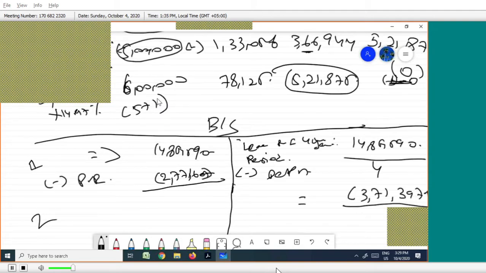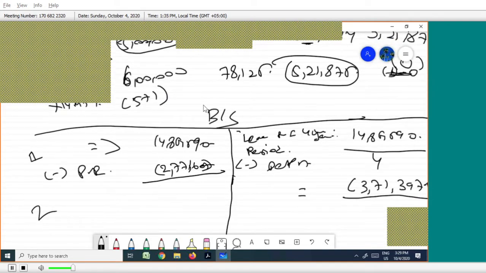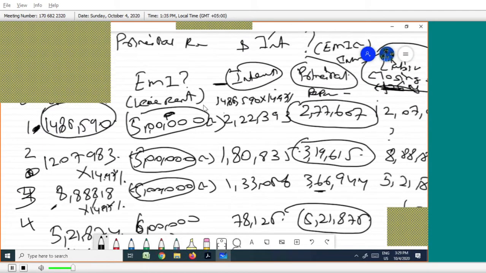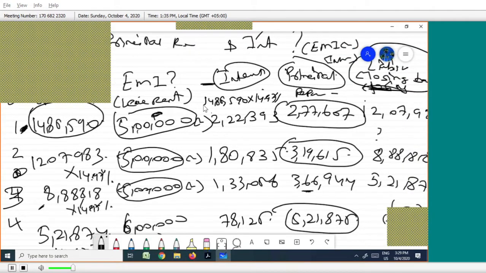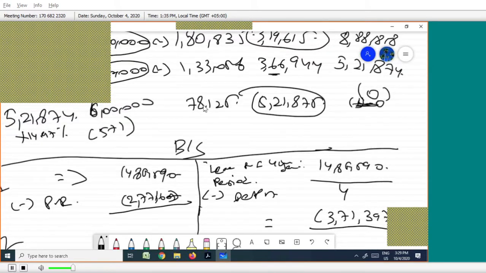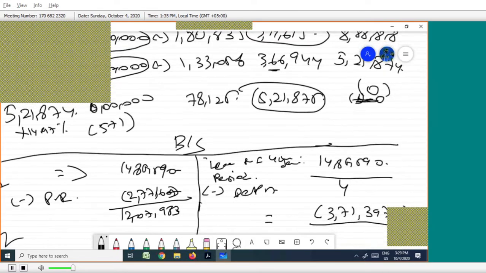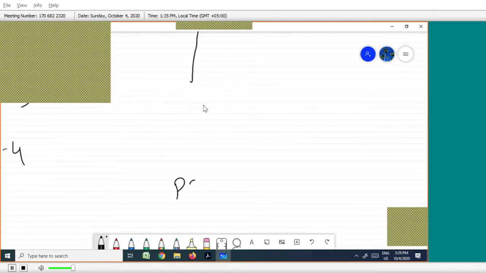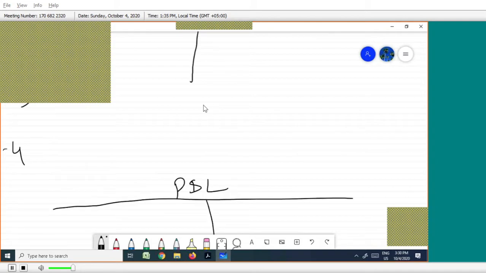Then closing balance is how much? Closing balance we also identified here: 1,207,983 is my closing balance. So the first year is over. Then come to the P&L account. First year P&L, what we have to do? We have to debit the depreciation, we have to debit the